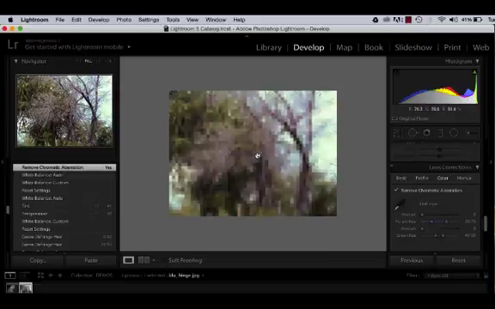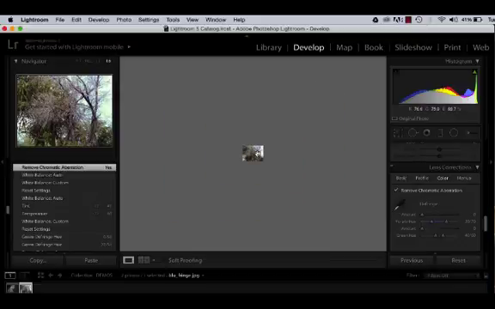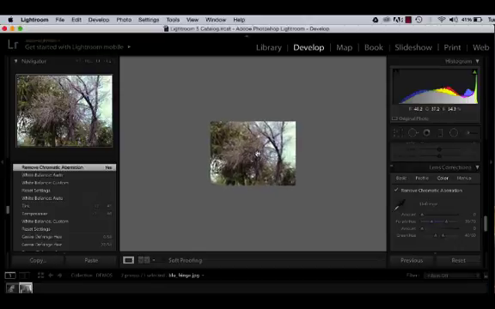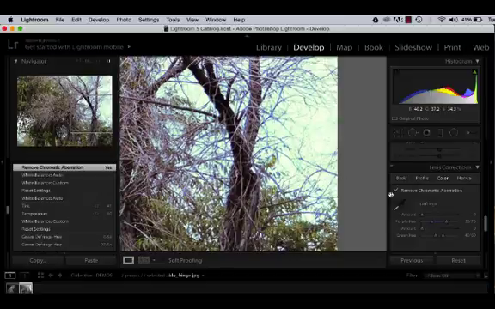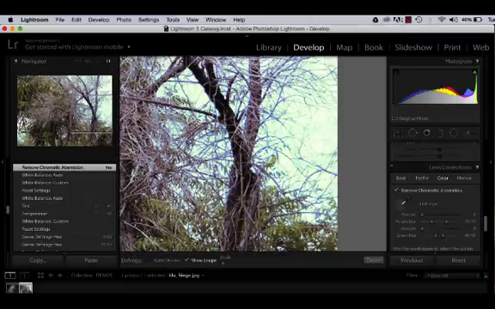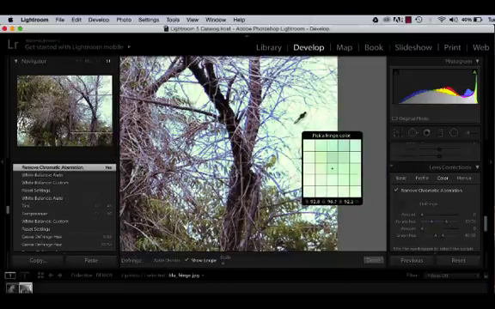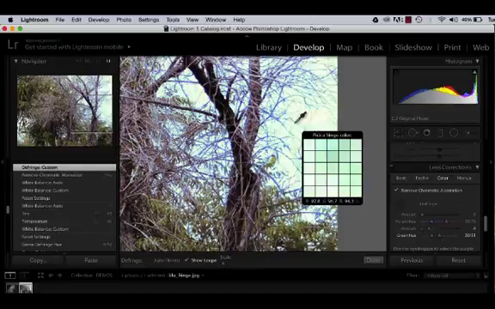Darn it, that keeps happening. In, not out. Come on. Here we go. So I want to use my eyedropper tool and see, this is what I was talking about, this kind of color along the branches. So let's see what happens if we choose. I saw a subtle change,